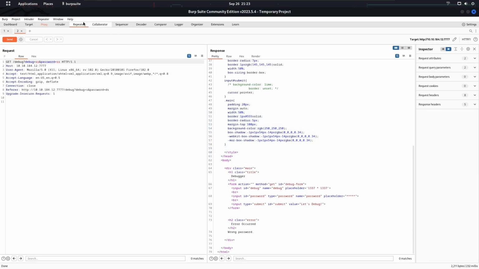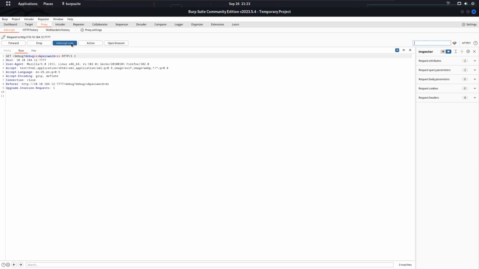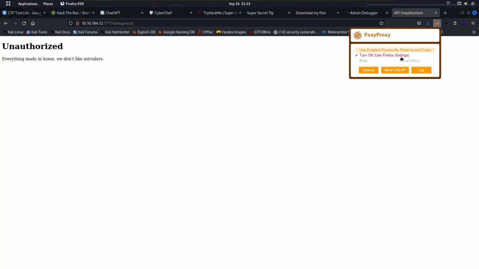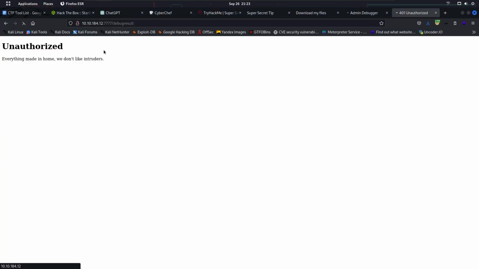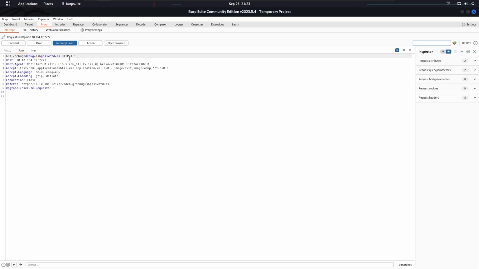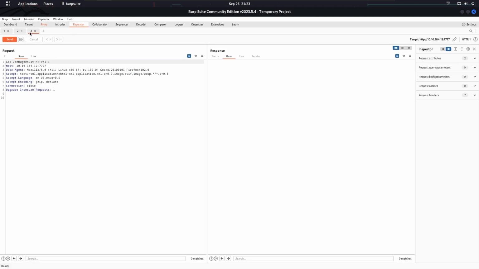Oh wait, yes. Intercept is on in Burp, and let's intercept it again. Okay, action repeater. So we got the debug result here, and we have to edit